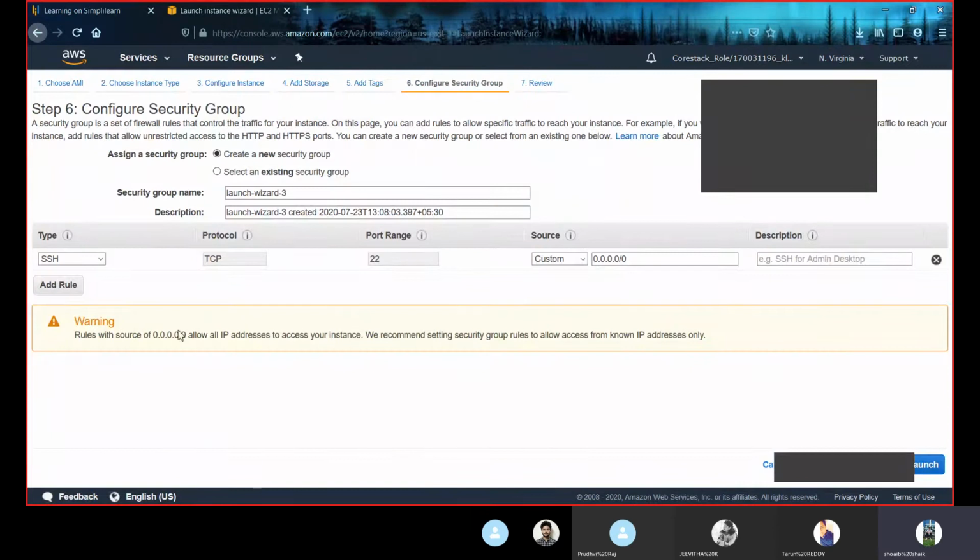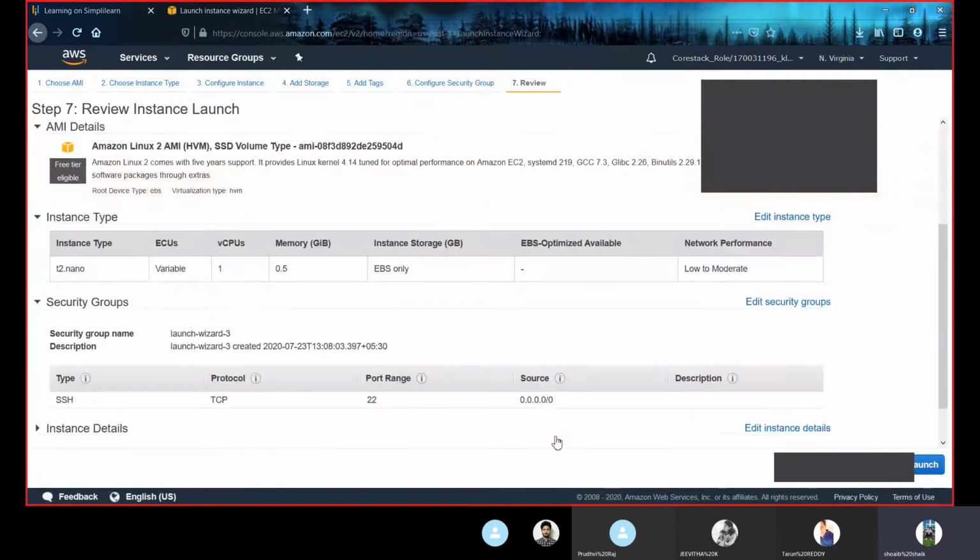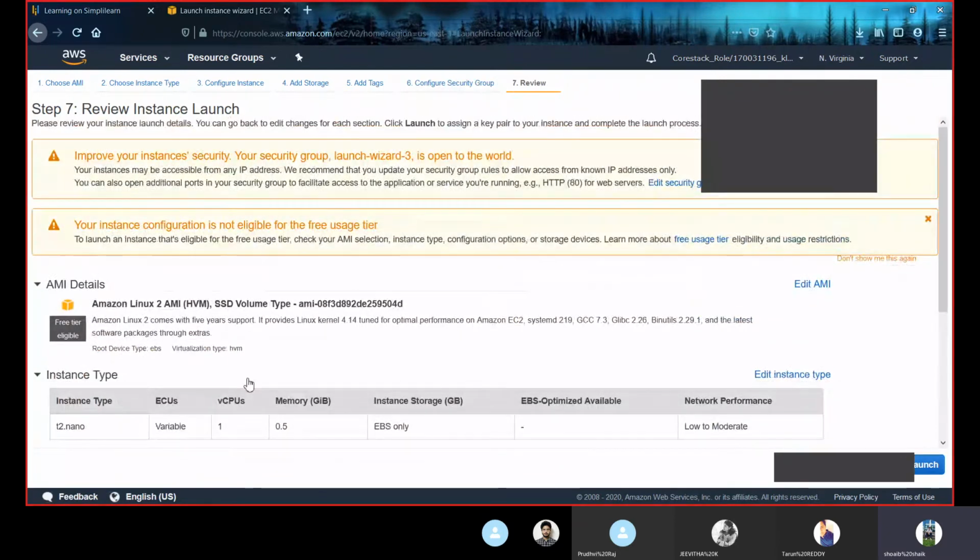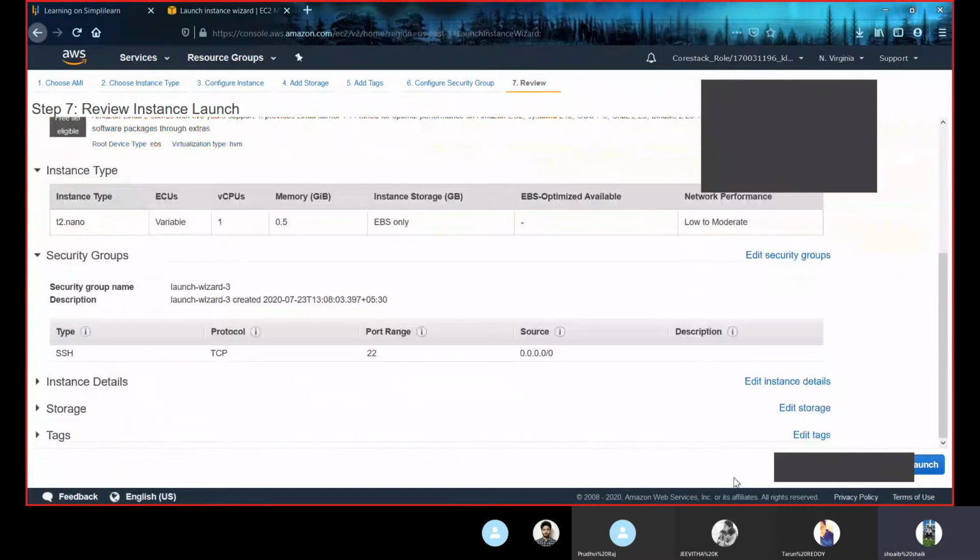As you can see here, in this security group, as we chose a Linux system, we can see a rule of SSH and protocol is TCP. Just remember this point. And now review and launch. These are the details, and this is the Linux AMI we chose. Now let us launch it.